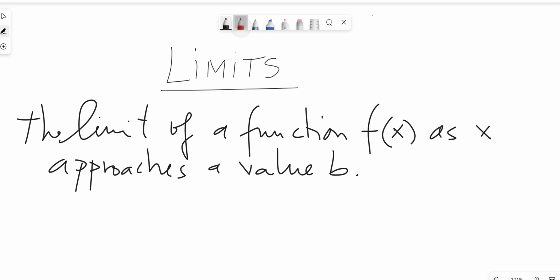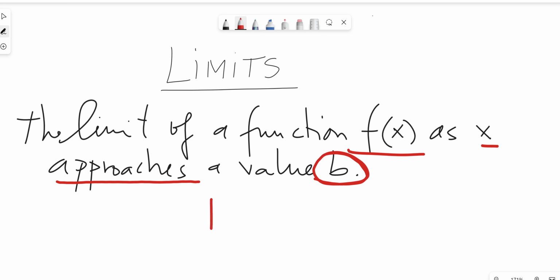So two important things to keep in mind here are that we're focusing on the function f of x, and we're doing so within a given neighborhood as x, the input x, lies around the specific value b. So the idea is we're thinking about the function's behavior within that neighborhood of the value b, and by approaching